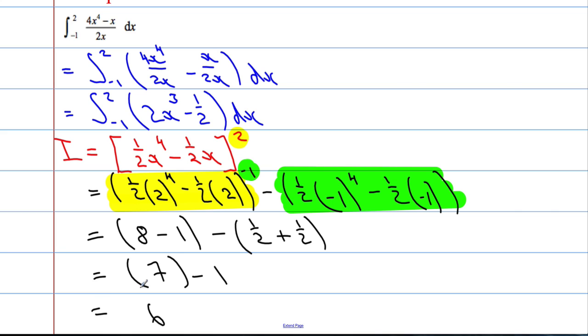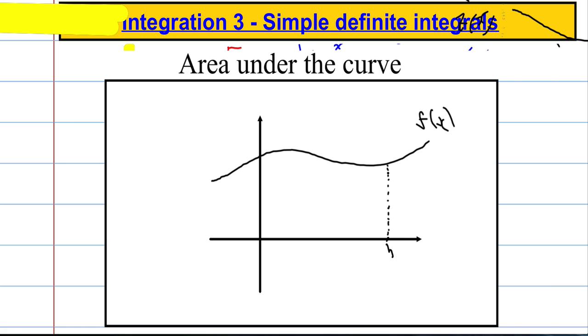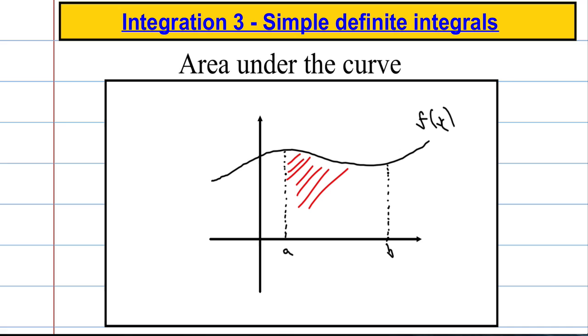Okay, so what is the purpose of the definite integral? Well, it's all about finding the area trapped beneath the curve. So if I have some function f of x and I want to know, well, what is the area between these two values on the x-axis? So if I wanted to know what is this area here that's trapped beneath the curve,